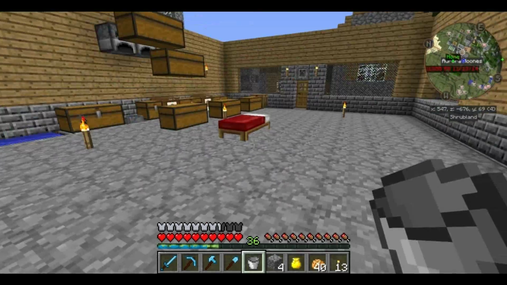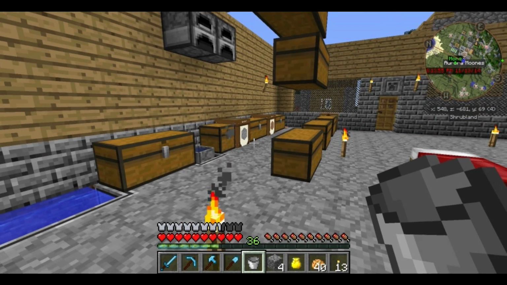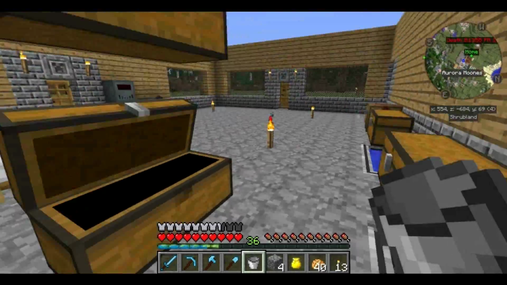Meanwhile, this stuff can go ahead and process. I'm going to go get some more lava. Actually, you know what? We need a way to transport lava. We need to go ahead and do that real quick. So let's make a lava transport system real quick. Did I not have...